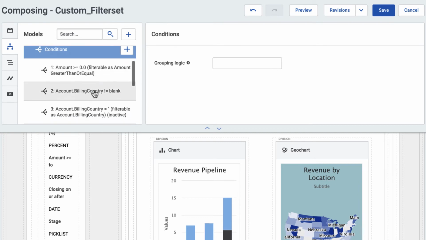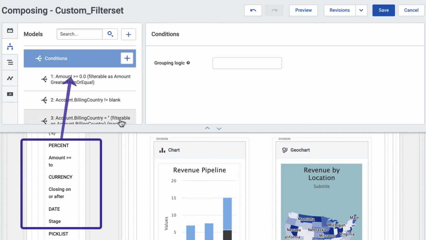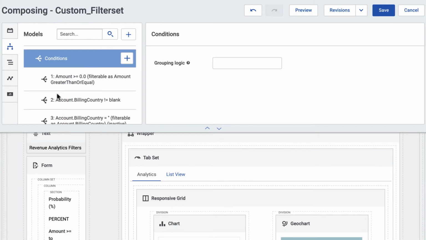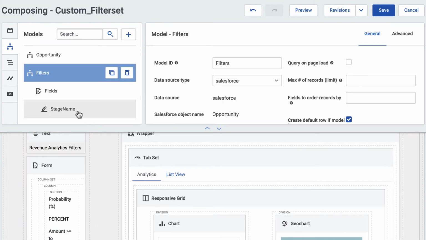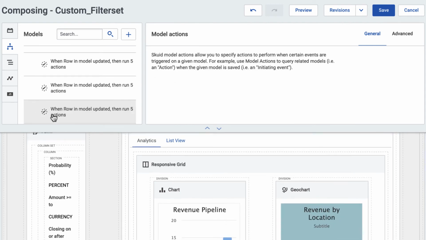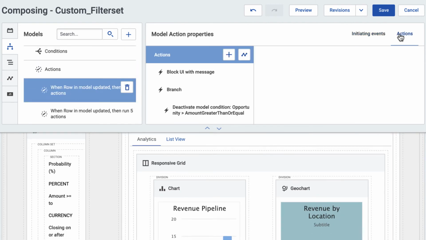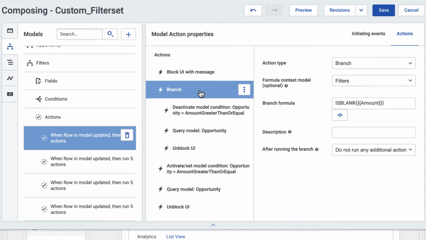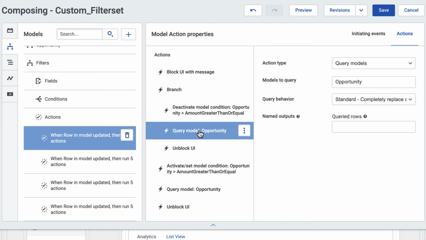The next step is to connect the data entered into that form with the model conditions. You will achieve that by going to the filters model and adding model actions for each of the filters. For each filter, use the branch action to deactivate the condition, aka resetting that filter if users enter an empty